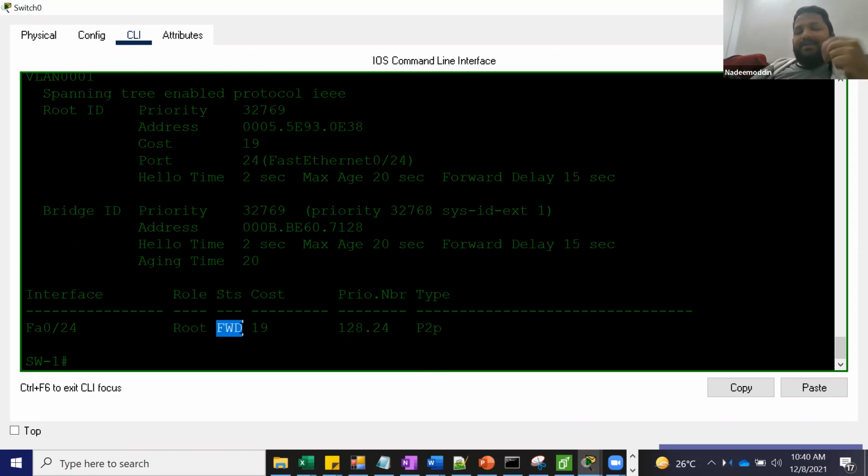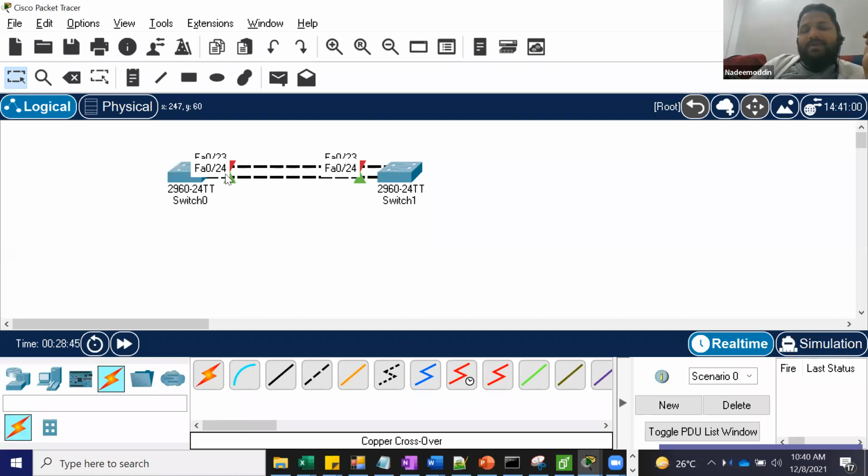So what we understand, spanning tree has four modes: listening, learning, forwarding, and blocking. For these modes, it will take 50 seconds, which is too much. See, now both become green. Why? Because it was a redundant port.